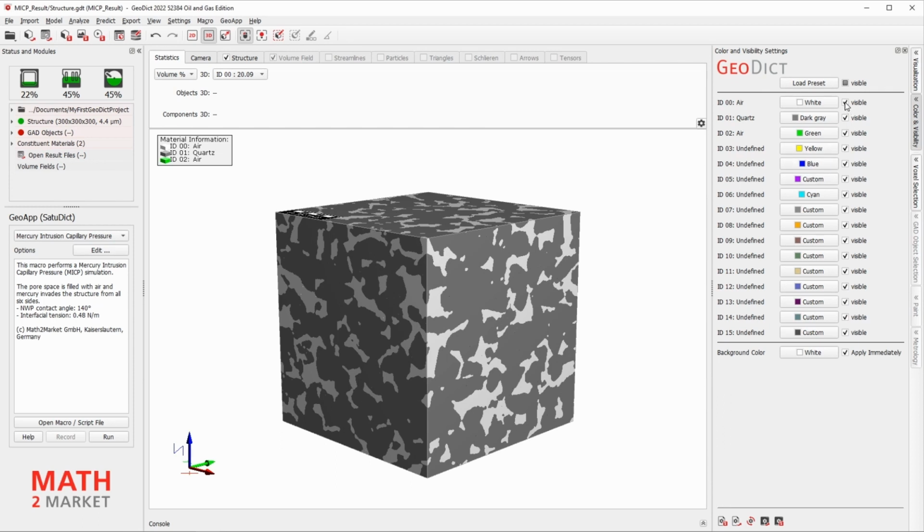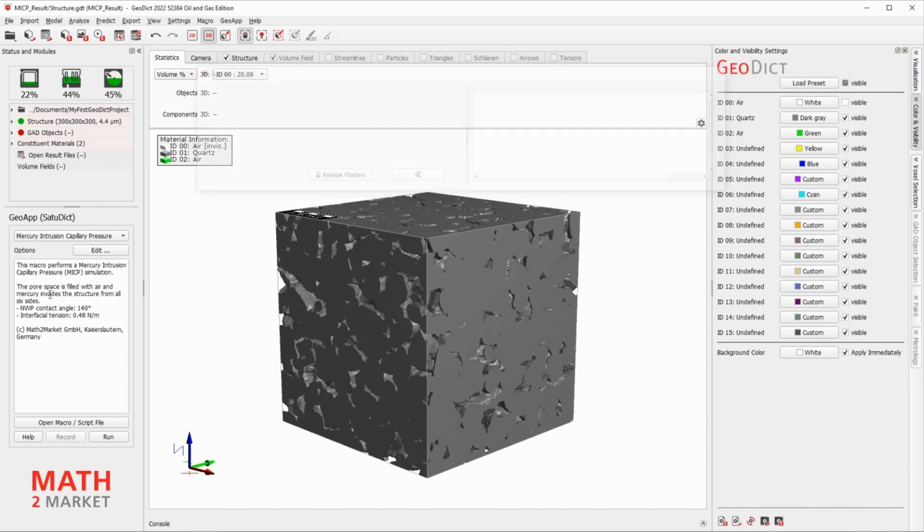And uncheck the visibility of the pores. Now I would like you to perform a primary drainage computation using SatuDict. Choose SatuDict from the Predict menu